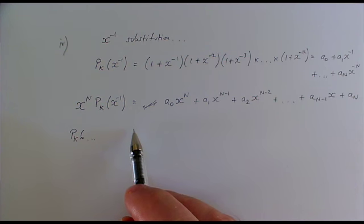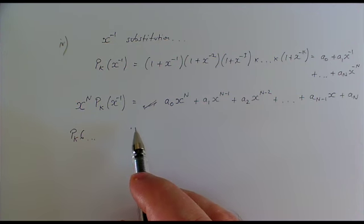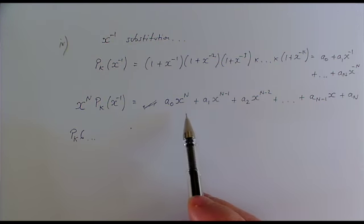So what am I doing? I'm comparing. I'm just looking at that thing. The first coefficient is the same as the last. The second is the same as the second to last. How do I explain what I've...